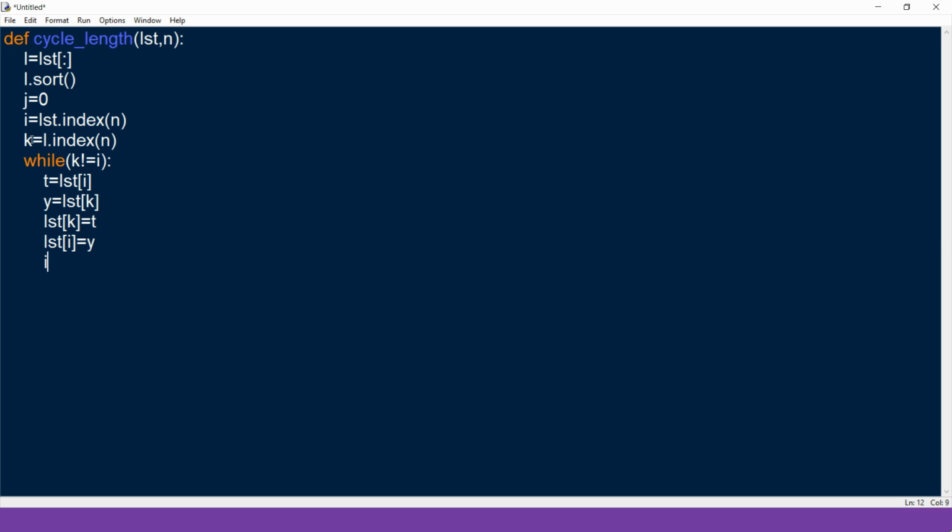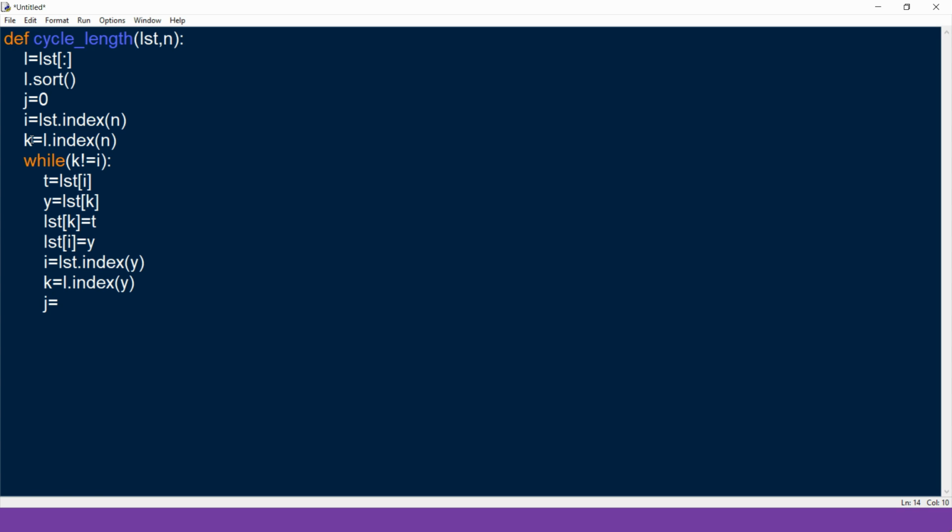After this we need to update the index, that is I equal to the index of y, and k equal to the original order of y, and then we need to increment.